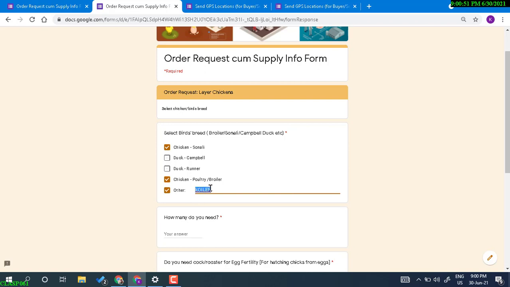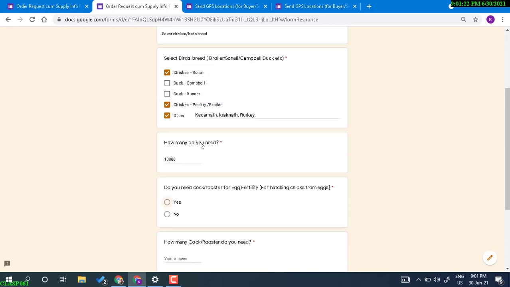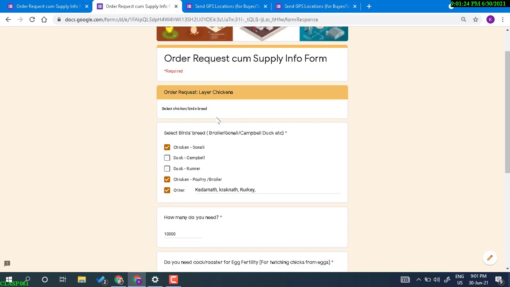Karaknath, Turkey, and so on. I can mention additional types if I wish. And then, how many do you need? For example, I need 10,000. And then, do you need a cock rooster for egg fertility, for hatching chicks from eggs? So if I need, for example, a rooster as well, along with this egg laying